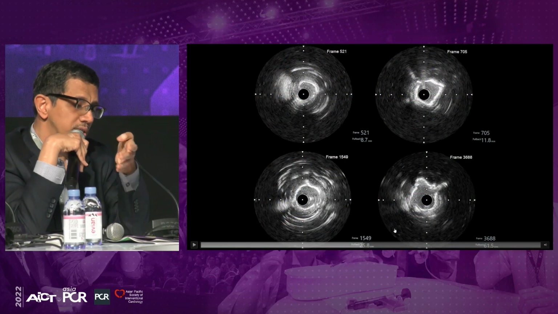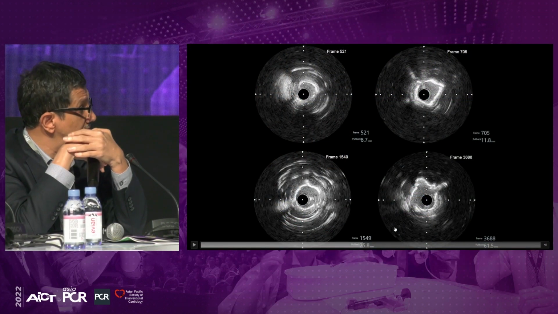That's why the imaging informs us that it needs further pre-dilatation,